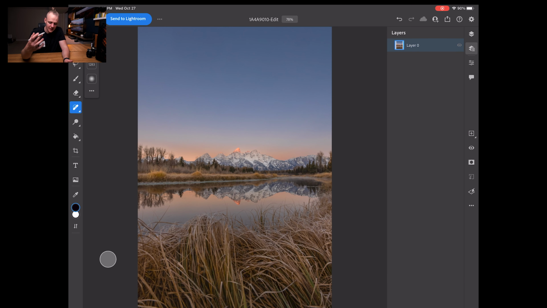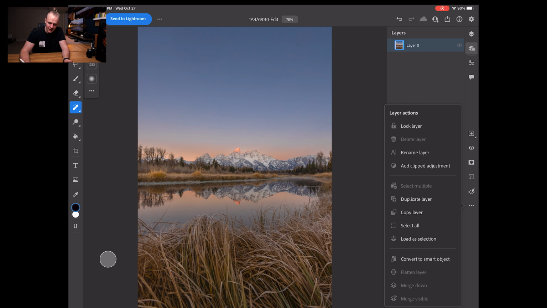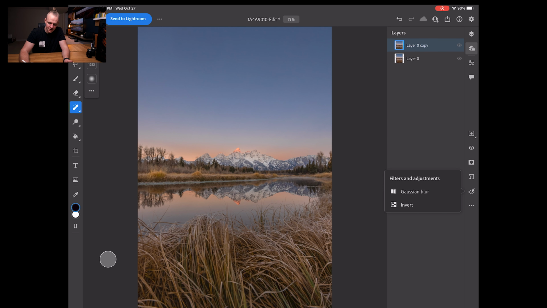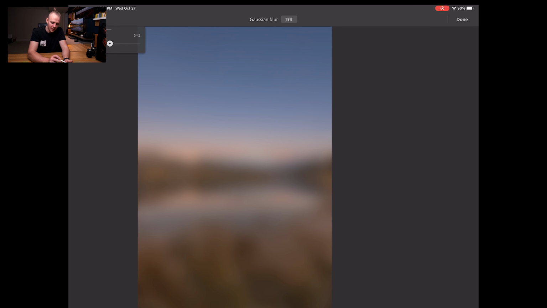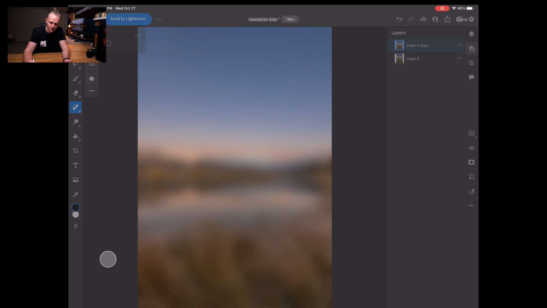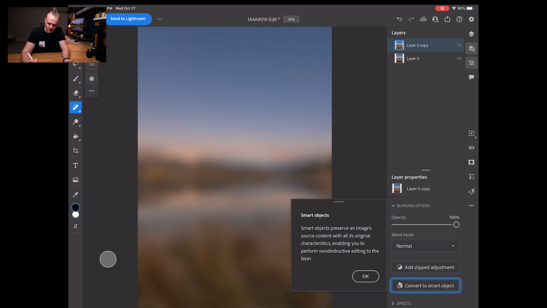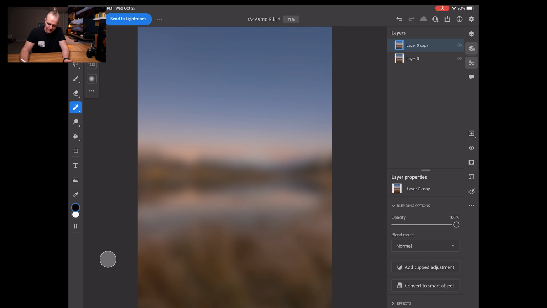Photoshop as a PSD. Now what I would do here, just as you do on a main desktop or laptop, you duplicate the layer, add a Gaussian blur, have it roughly what the megapixel of your camera is. This was with the R5, so it was about 45 megapixels. And then we'll do some adjustments to the blurred layer